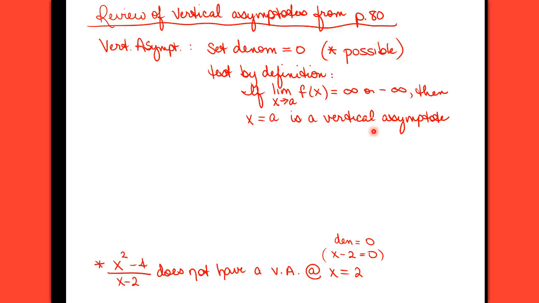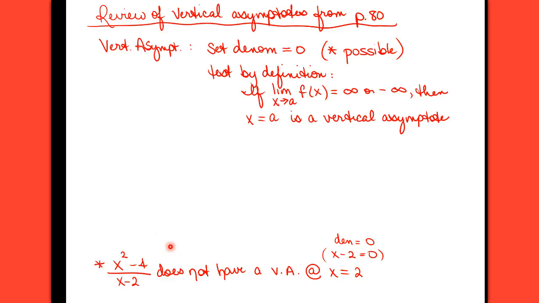An example of that would be if I have x squared minus 4 over x minus 2. That doesn't have a vertical asymptote at x equals 2. Because if I reduce this rational function, this is a difference of squares, x plus 2 times x minus 2, the x minus 2's would cancel out, and that would just leave me with x plus 2. So this literally graphs like a linear function, y equals x plus 2. It just has a hole in the graph at positive 2, but it does not have a vertical